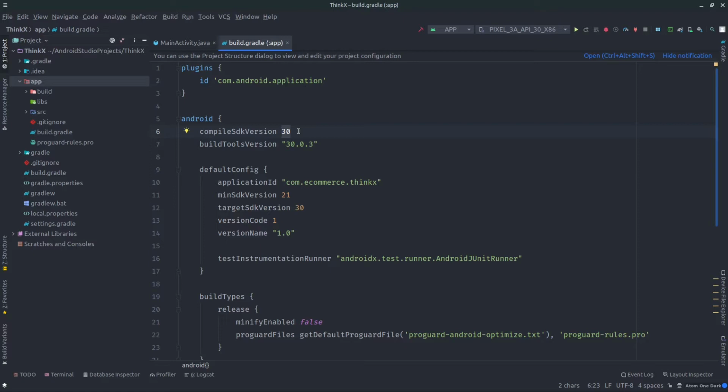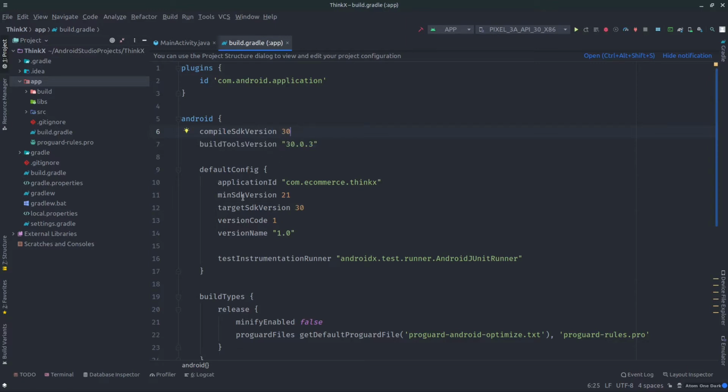So let's say we have Android Nougat. For that we have a different SDK version, and for Android Lollipop we have a different SDK version, right? So compile SDK version is what is used when we compile this application on our local machine. So the SDK version that it is going to use is 30.